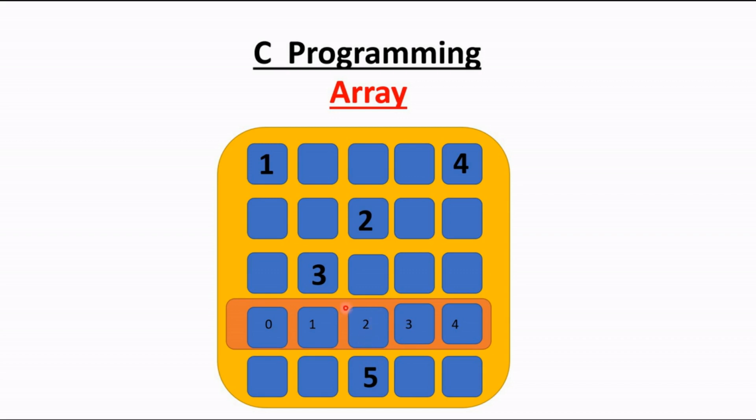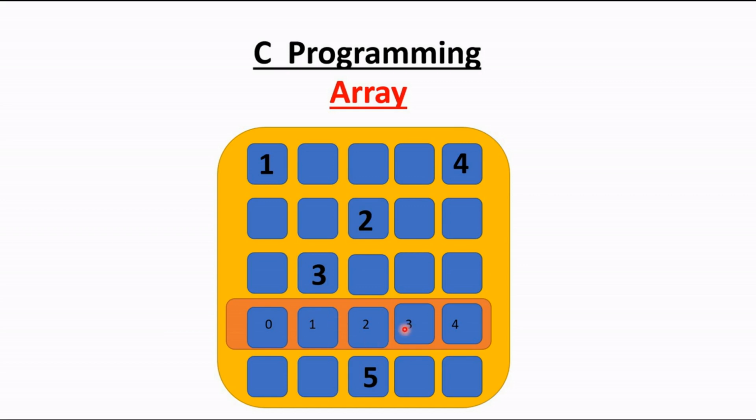Instead of declaring an integer type array, we also can declare a float type array. Inside that float type array, we can just store float variables. So in this way, the concept of array has come in C. So let's jump into the code blocks, and there I will discuss the array in much more depth.